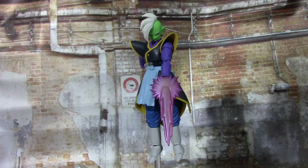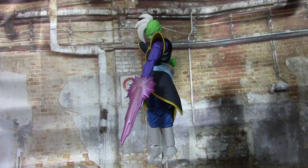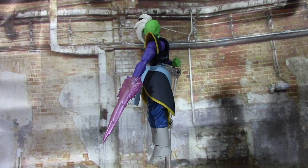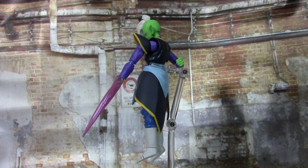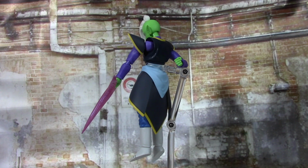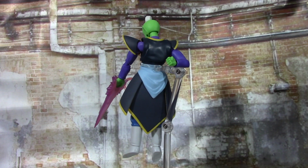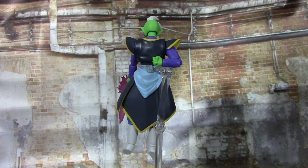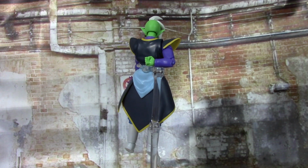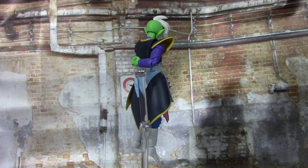Overall, SH Figuarts Zamasu is another solid offering by Tamashii Nations. And there's a lot of stuff to like about it. The aesthetics are great, looks just like the character from the anime. The colors are good, it's very clean, no really big QC issues, at least with mine. And the articulation is great as well. With that said, this guy is not a perfect figure, and what makes it not a perfect figure isn't really the figure itself, it's the fact that